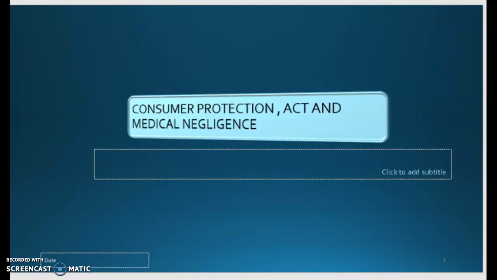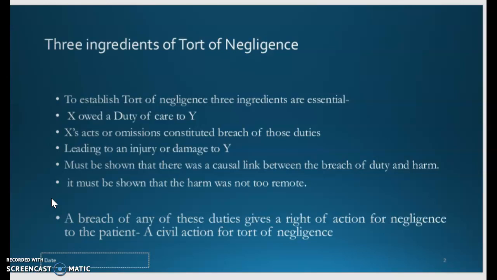Good morning, students. So today we are going to take up the Consumer Protection Act and liability of the medical profession under the Consumer Protection Act. Now, talking about negligence, we have already covered the main ingredients for negligence under tort. That includes that there is a duty, there is an omission or commission of that duty that has led to injury, there is a causal link, and they are not too removed. Thus, a breach of any of these duties gives rise to an action of negligence as a civil wrong under tort